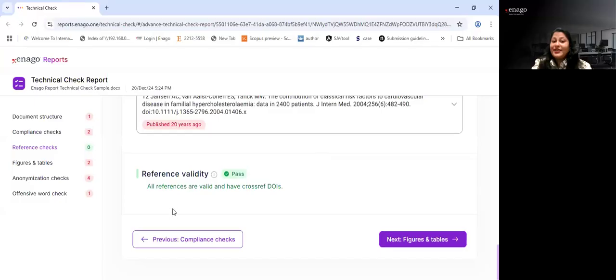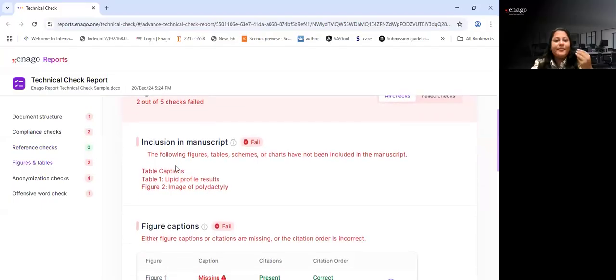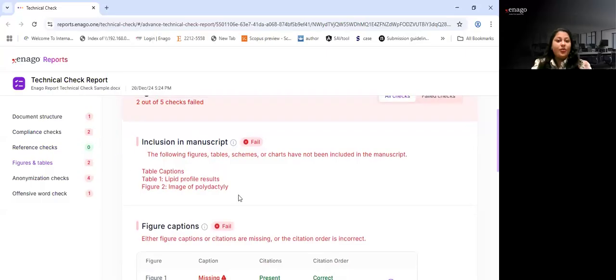Okay. So reference validity is a very, very critical step here. Coming to the next step, which is figures and tables. This is our sample. It has failed, say 2 out of 5 checks have failed. So what has worked? It shows that